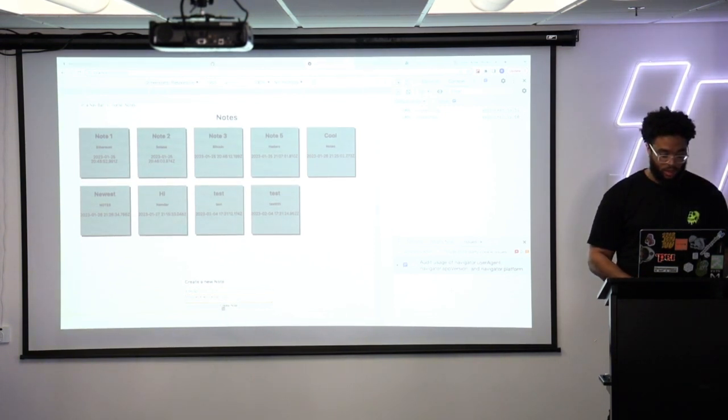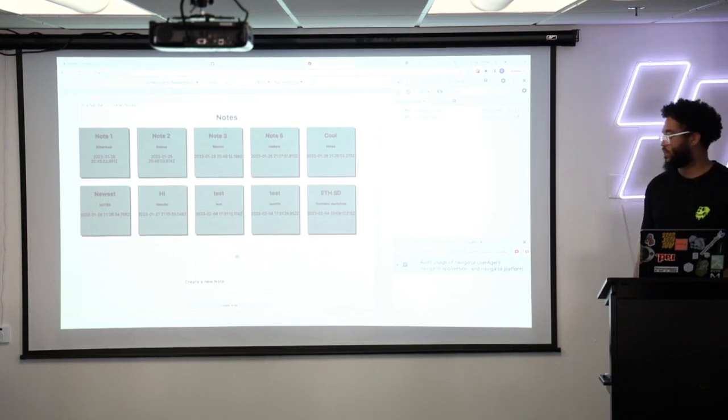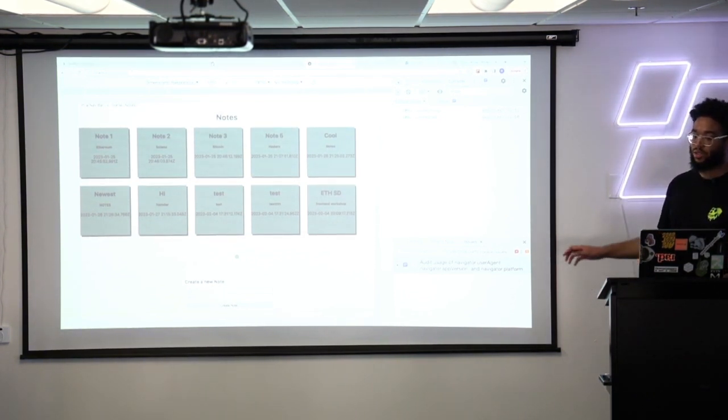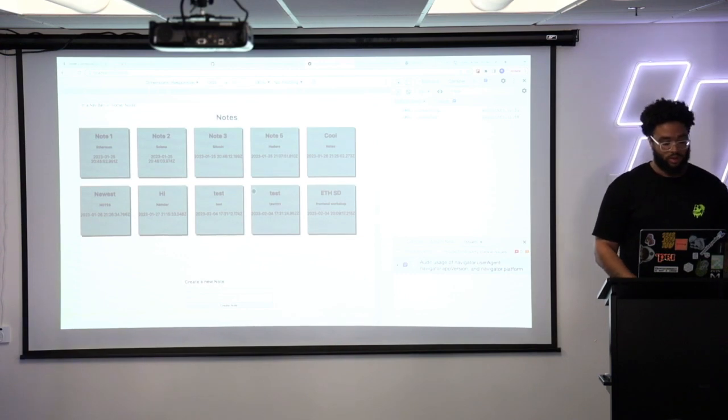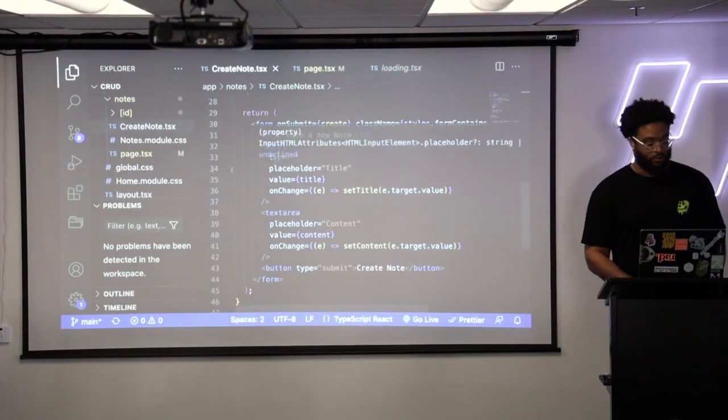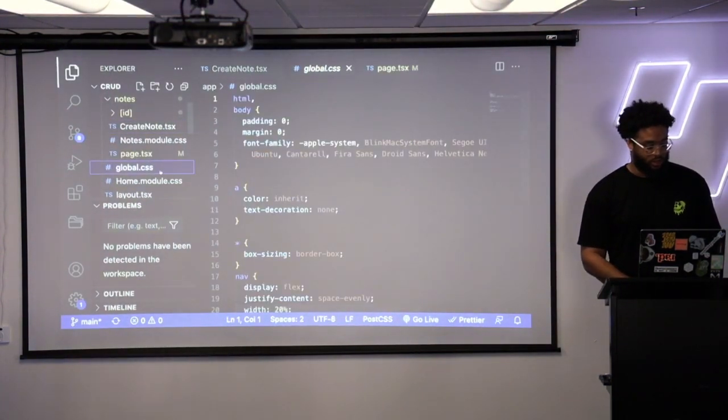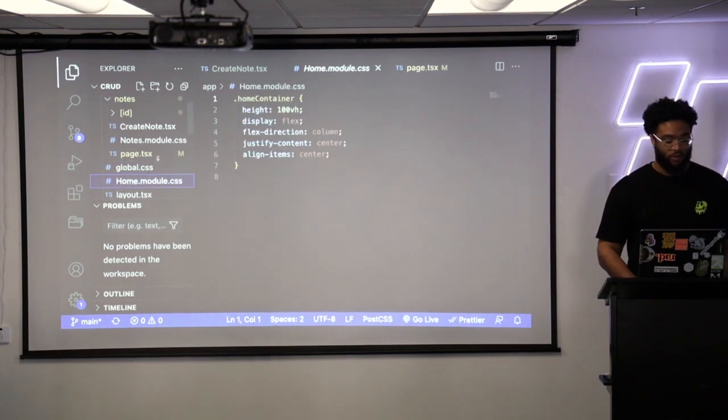Right? It needs to know about state. It needs to be a client component, but nothing else on this page is. Everything else here is a server component. It's rendered, created on the server, and shown to the user, right? So that's super nice. The other thing that I want to show here is that we have these modules, and each one of these